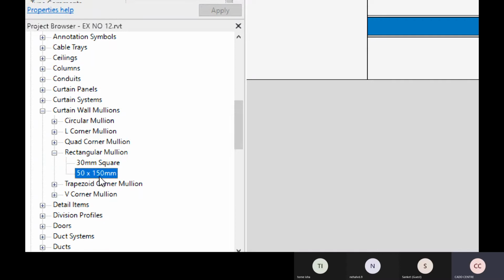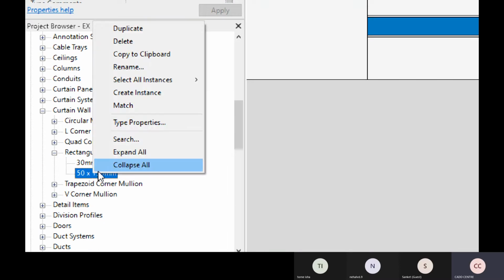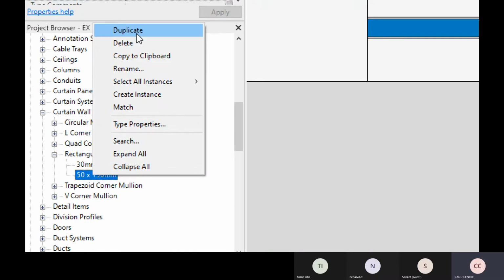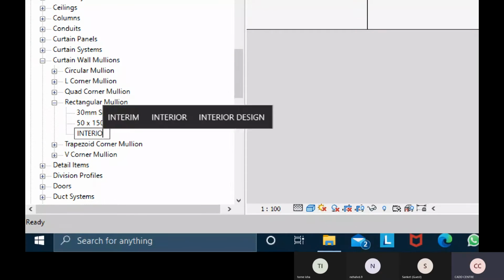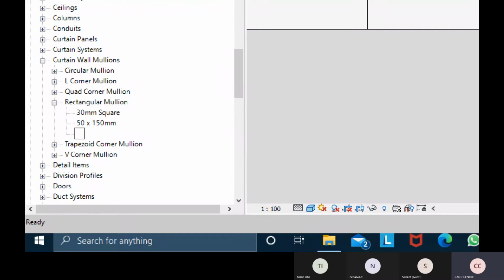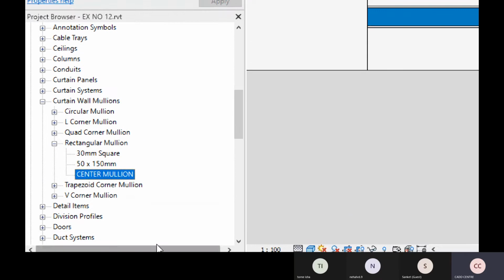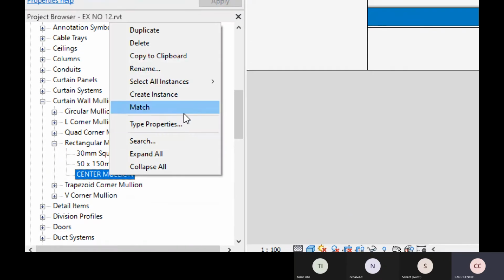Now, what I can do is right click one of these types and duplicate that type. I'm going to call this type center mullion, or interior mullion as well. Let's name it center mullion. And a new type has been added. Now I'm going to right click once again and come into the type properties to change its type profile.